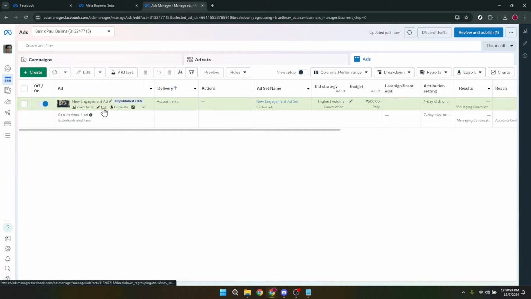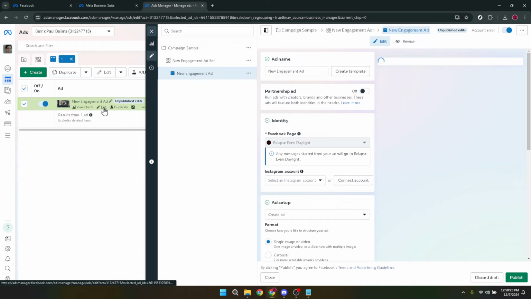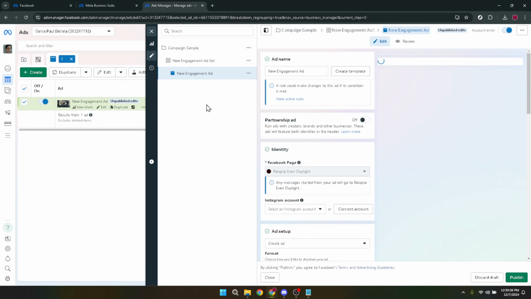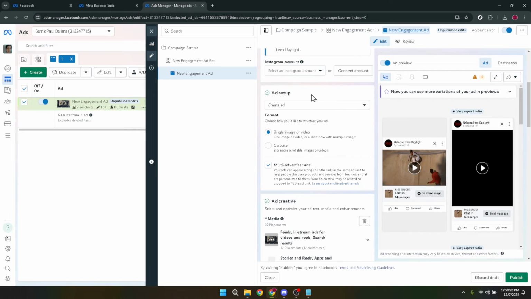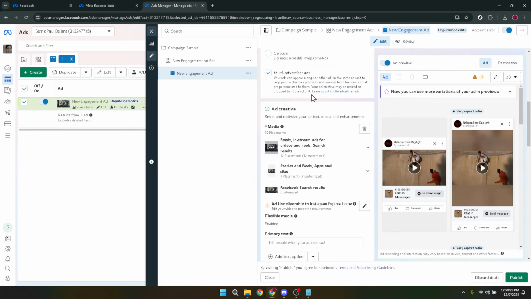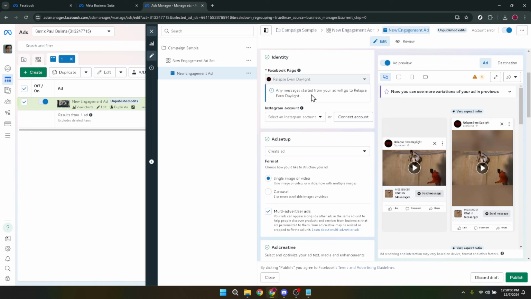To edit an existing ad or start creating a new one, find and click on Edit in one of your ads. A screen will pop up offering various options to tweak your ad, including targeting, budget and creative elements. Now if you're looking to create a new engagement ad, locate and click on New Engagement Ad. Engagement ads are designed to spark interaction and build interest around your brand or products on Instagram.